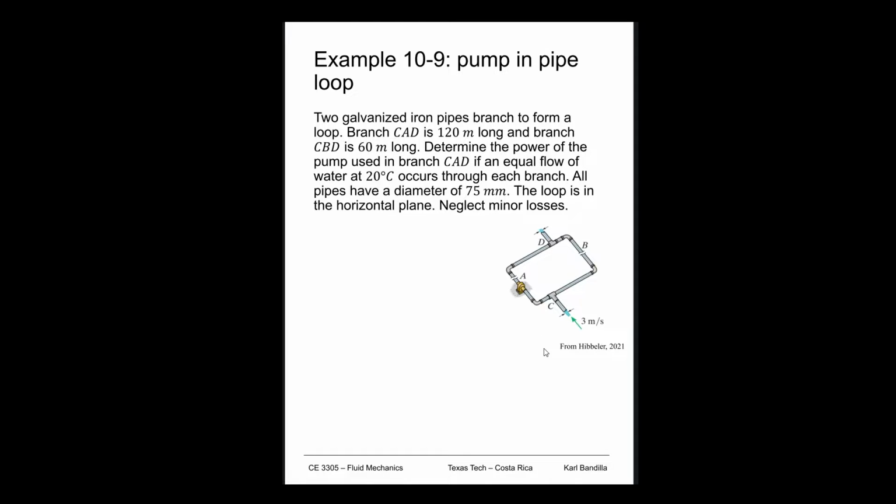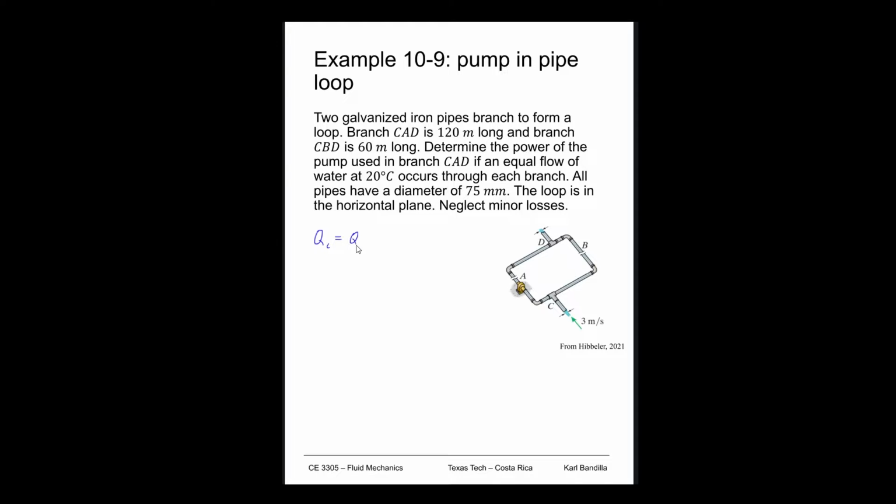So what we're now trying to figure out is how much energy the pump has to add so that the flow is equal between the two branches. It's not clear from this picture, but the branch going from C to A to D is twice as long as from C to B to D, right? But if we want to start out, we can say that if the diameter is the same everywhere, then we can say that